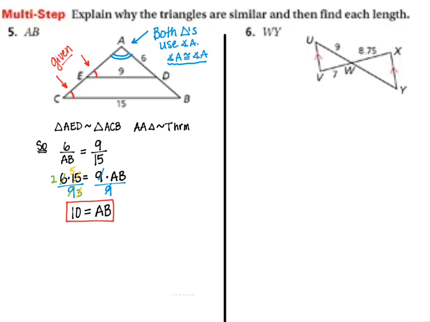In problem number 6, again, we're going to try to prove these triangles are congruent and then find the missing side. Since we have parallel, that was given, I just made it darker so you could see it better. We've got parallel, we therefore, not parallel, we've got alternate interior angles that are congruent. And we also have another pair of alternate interior angles that are congruent. So right now we've got angle, angle, triangle